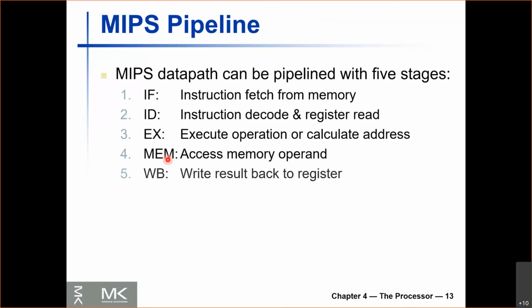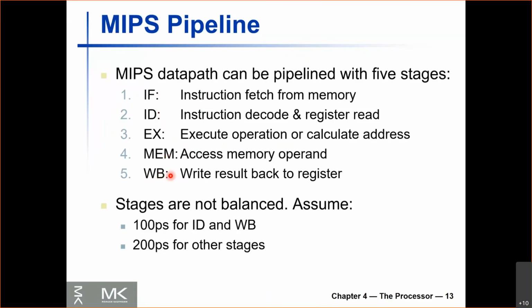And then finally, we have the write back stage, where if we computed a value and we need to write this value to a register, we do this in the fifth stage. So this stage corresponds to writing to the register file, as opposed to reading from the register file in the ID stage. Okay, so these are the 5 stages of a MIPS pipeline,